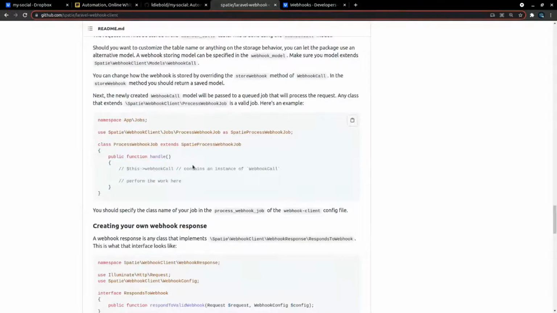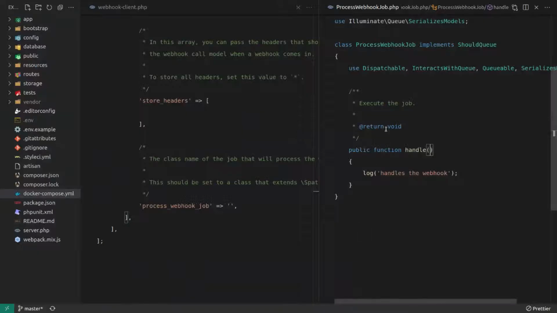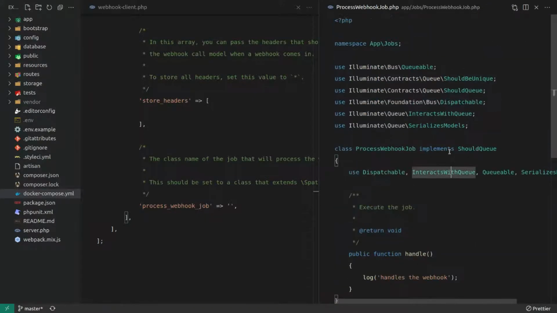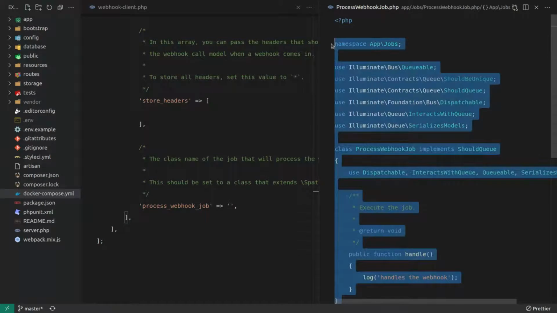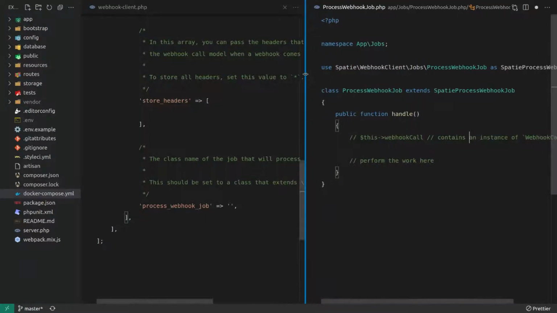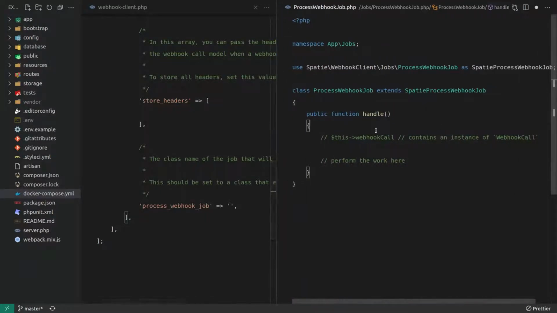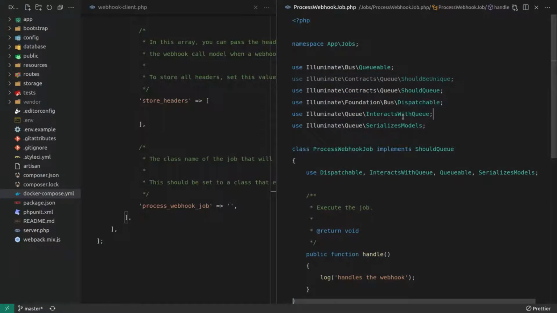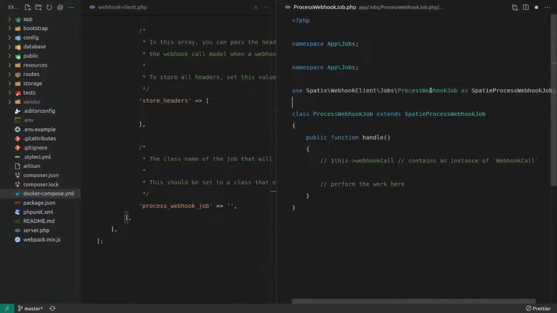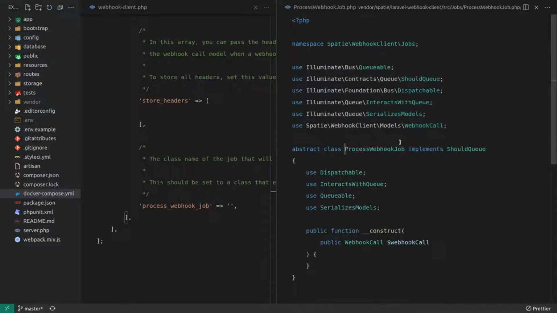Okay, cool. In fact, you know, let's just copy this entire thing. And does this know that it should be queued? I don't know if it does. Find out if it knows if it should be queued, because by default, I'd be guessing that it doesn't.